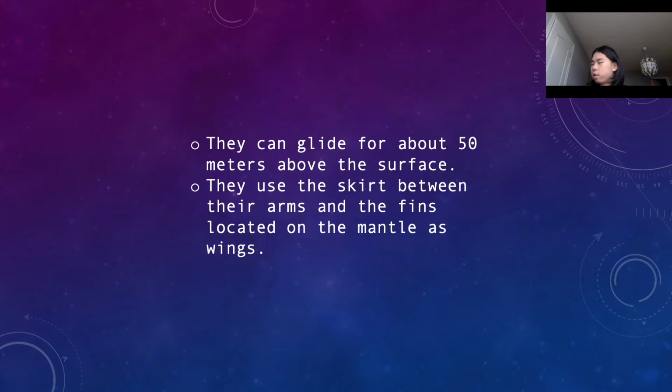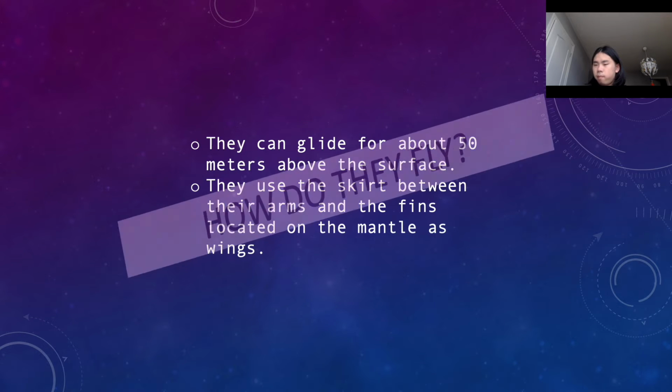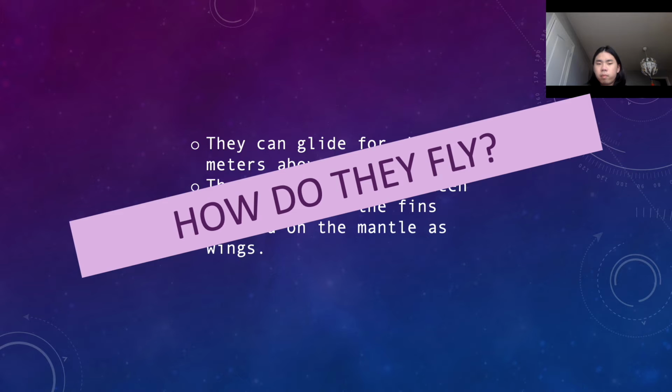On the other hand, squids use jet propulsion to accelerate themselves to a very impressive speed, about 11 meters per second, which is significantly faster than Usain Bolt. So then I thought, although this is a high speed, they won't be able to stay in the air for so long if their motion is simply projectile motion. And that's why I want to investigate how things are able to fly and ultimately how lift works.